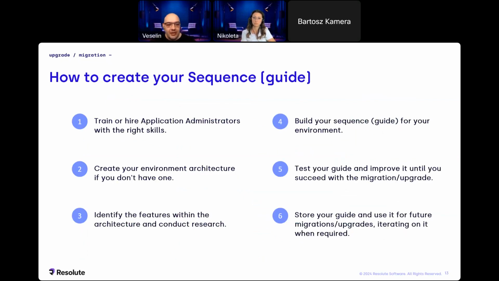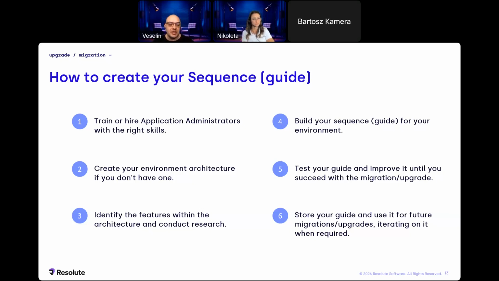Okay, so first one, train or hire application staff with the right skills. What are the right skills for application? Usually, when you hire an application administrator, you need them to administrate the actual application, but that's not it. You run into a challenge when you need to perform an upgrade or migration, and if they don't know how it works in the backend, if you don't understand the server services, how the services work, the database, user mappings, the actual MOVEit schema as well, then you'll be stuck.